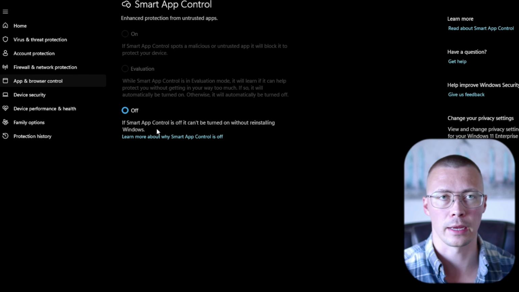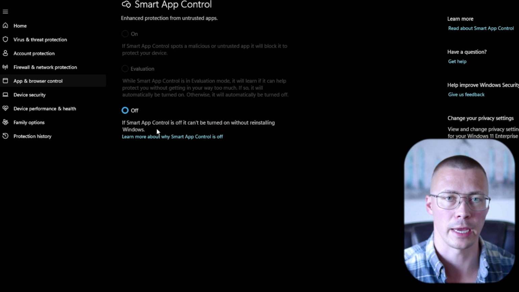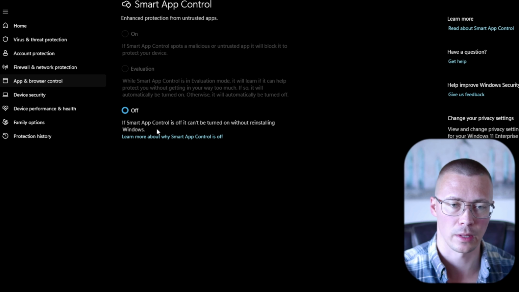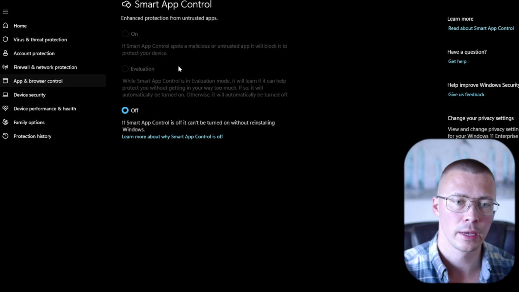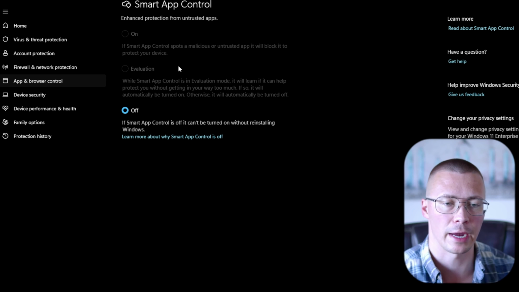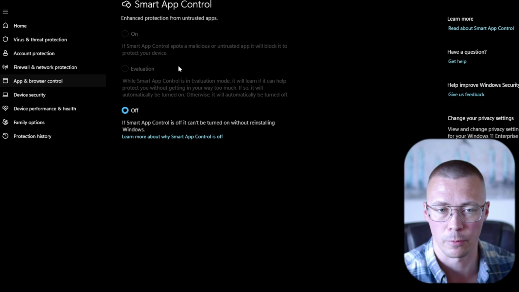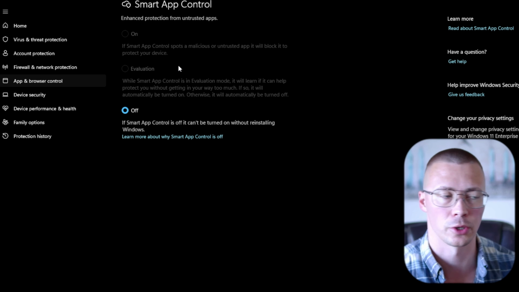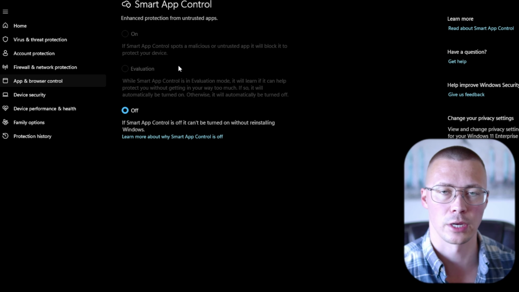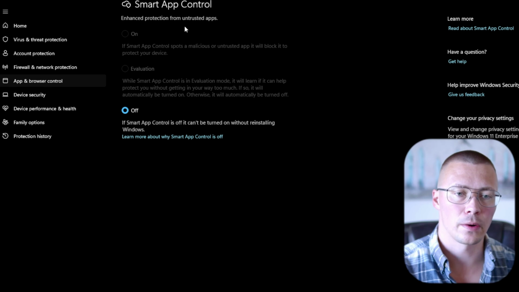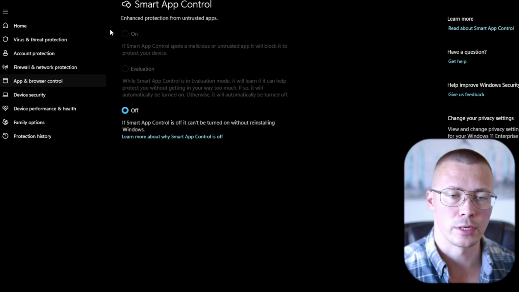This was built into the Windows 22H2 update. So it's a fairly new feature. I do think this has a lot of promise, but it still has some way to go. I have tested it quite a bit, and for the most part, it works pretty well. There were a few times that I've had it throw errors for legitimate Windows processes that it shouldn't have had any issues with, but it was bothering me. Oh, well, we blocked it because we thought this was malicious or untrusted, which coming from a Microsoft process, it's like, holy shit. But it is getting better, and I think after another year or two, we should see a lot of improvements